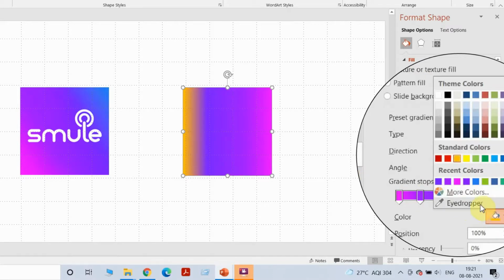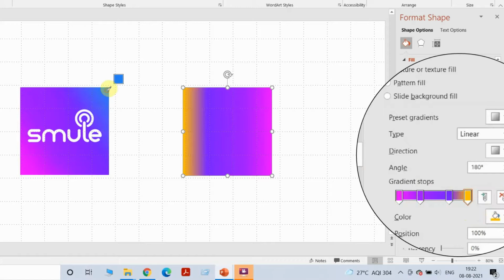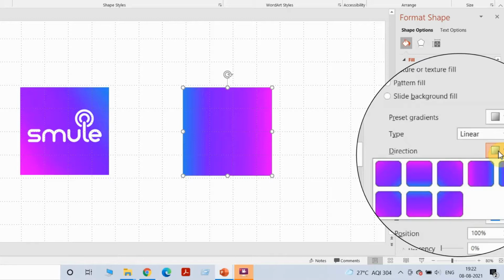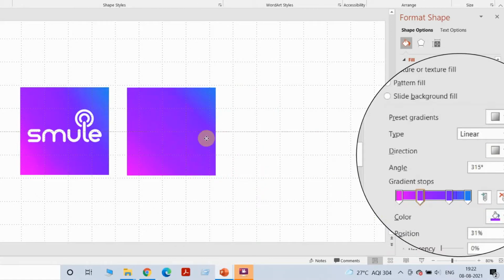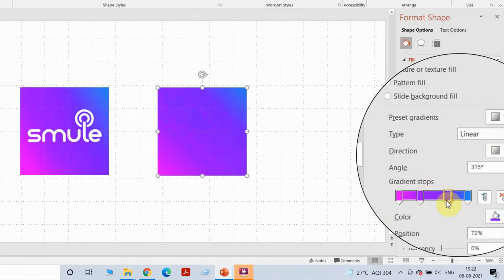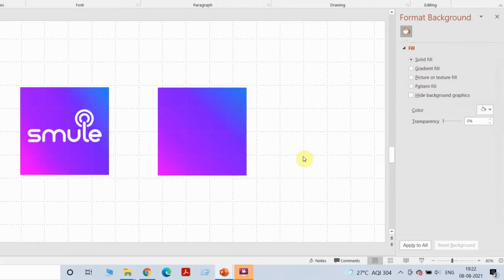So now my colors are fine, but then I want blue on the right corner and purple on the bottom left. So I'm going to go to direction and see which one works for me. So I can see this one is quite accurate. Can you see the similarity? Now if you want to increase the area of blue or purple, you can do it just by swiping this bar from left to right. So I'm just going to make sure that it's perfect, and that's about it. And that's how you create gradients. So if you want to create your own gradient, you can do that. If you want to create a gradient that you have seen, you can just pick colors.